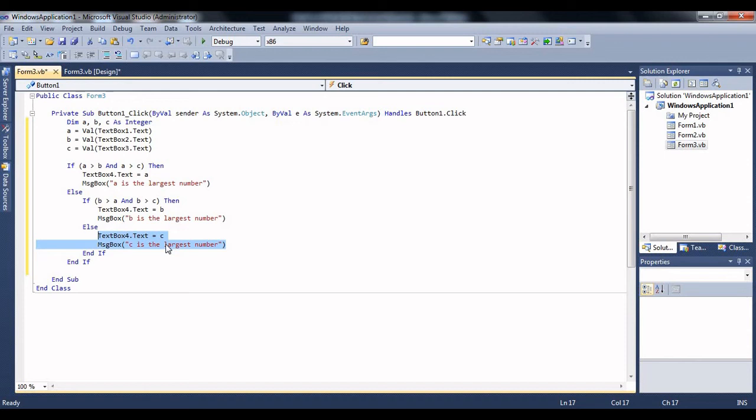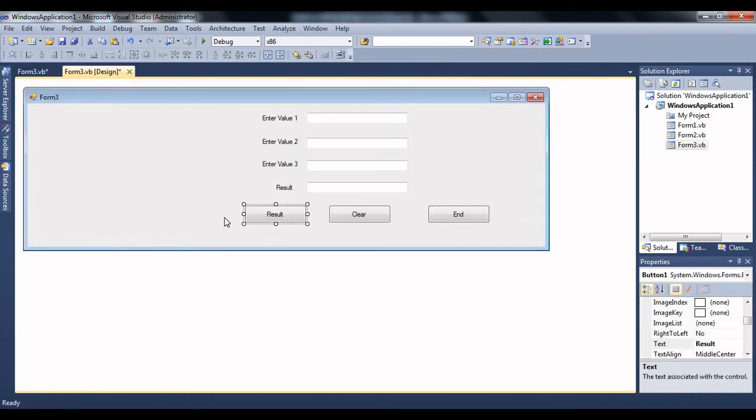This applies only and only for the last answer in your condition list or in your answer list. Had it been the second one, we would have written the complete condition. As it is the last answer, we can directly write the answer without mentioning the condition. But even if you mention the condition, it will display the correct result. So let me find out whether this form will display the answer, but only after writing the proper code for the second and third buttons.